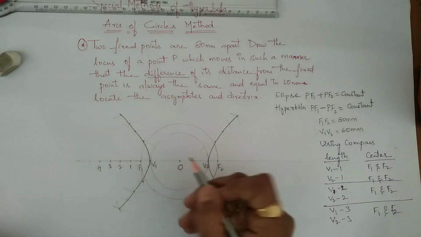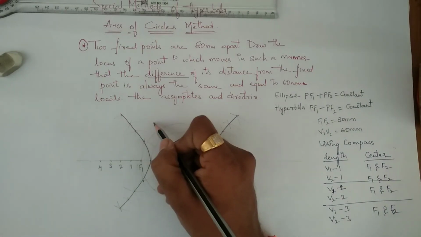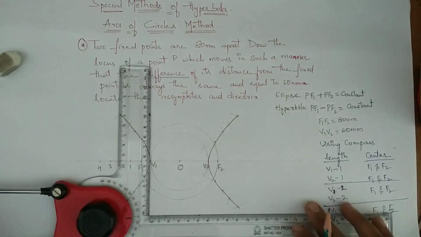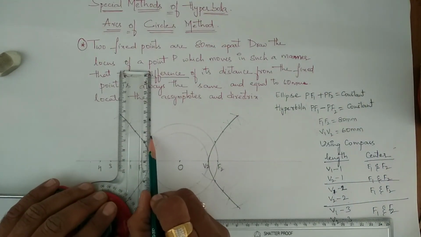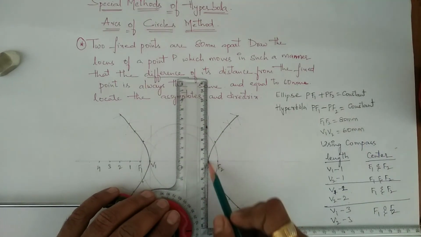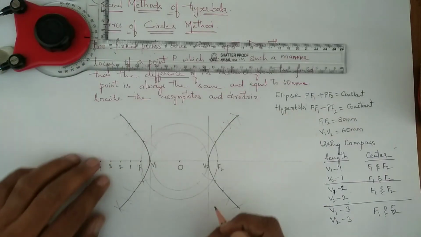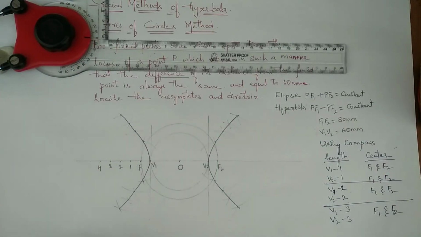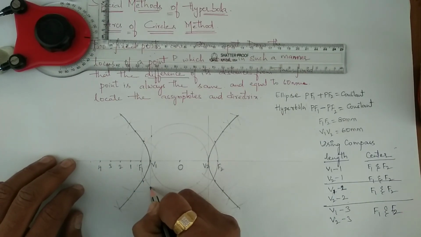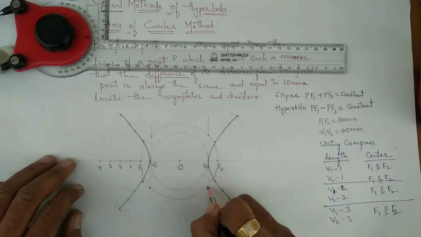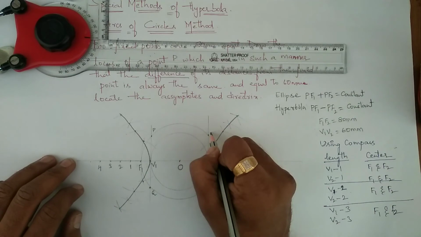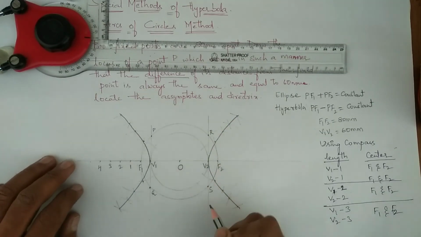Now from the point O, from the vertex points, draw two parallel lines. It should be drawn very light. From the two vertex points, draw two vertical lines. Where the vertical lines touch the outer circle, mark them. So marking this point as P, this point as Q, this point as R and this point as S.